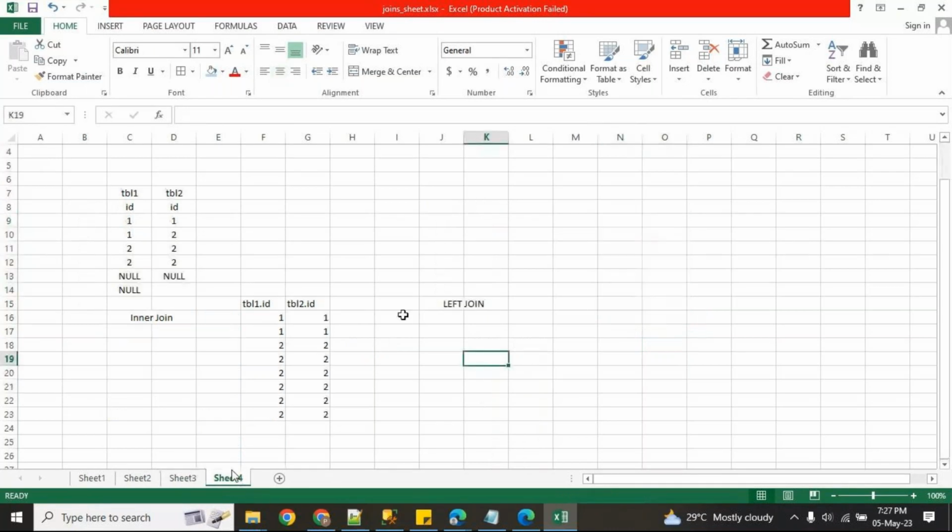Always the inner join output you will get. Now here, guys, for null values related, it doesn't match anything. So here two null values, so two records will be there. So it will be two null values on the right side.